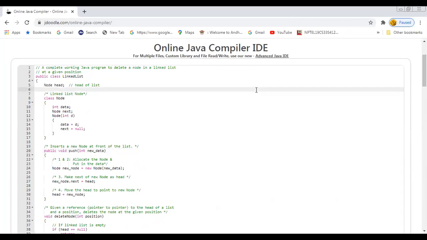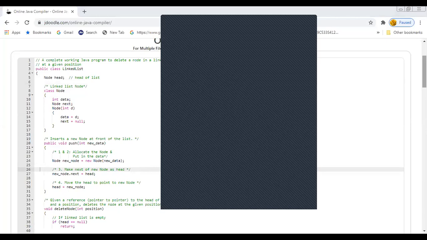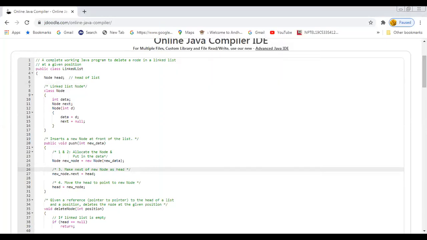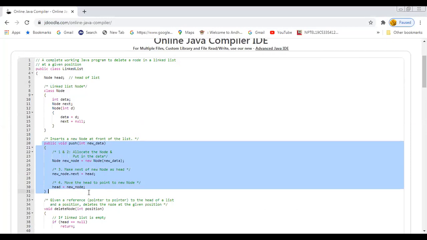Right. Now let us see in what way we can delete the element from the linked list. The first part is void push. This is a method used for creating a linked list, because if you want to delete an element from the linked list, you are supposed to have a linked list. So for that, I created a method through which I create a linked list.